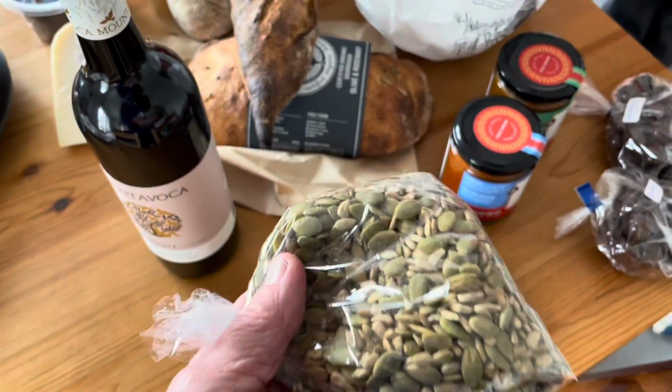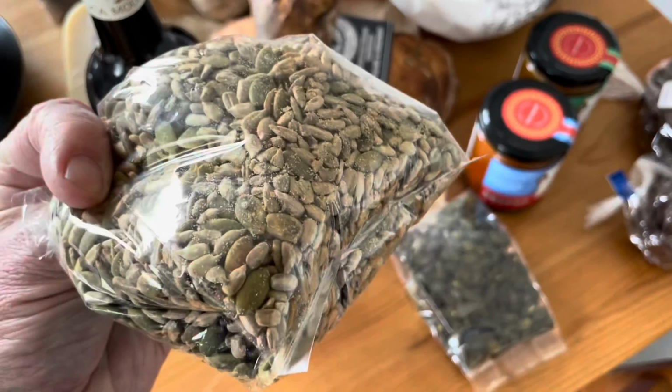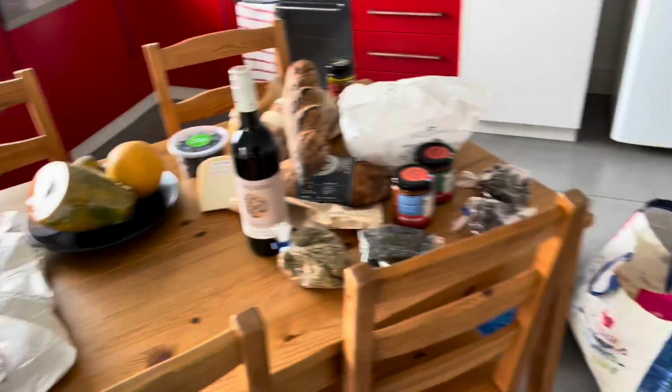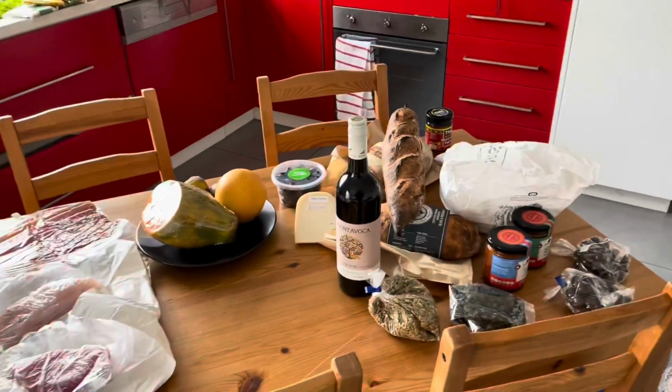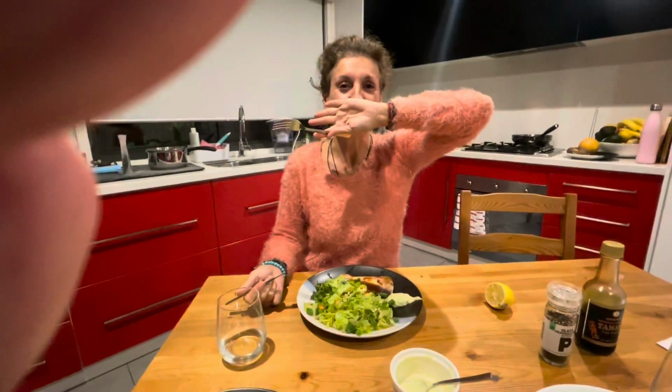And what do we got here? What are these? There's a mix of pepitas and sunflower seeds, so it's not just pepitas. Okay. So, a good shopping experience, definitely. She doesn't want to be seen on film munching. But anyway,